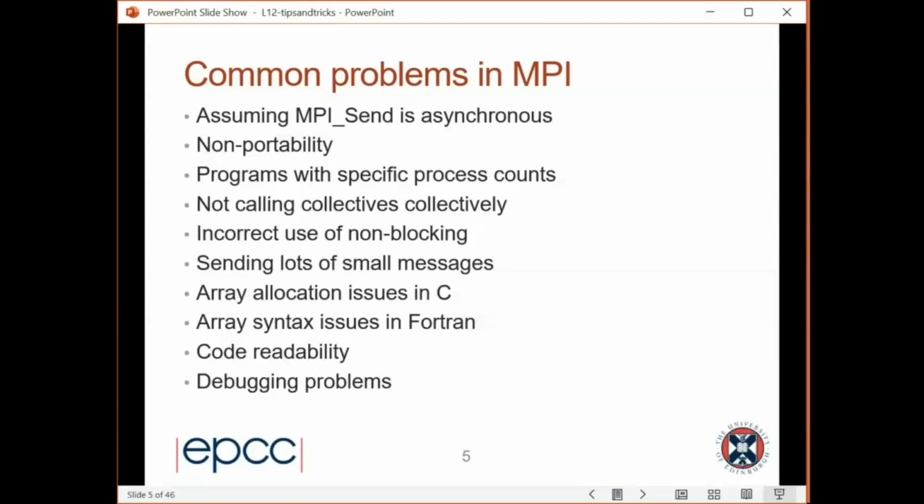C is pretty terrible for the way it has support for arrays. C++ is probably a bit better, but you get issues here, and I'll talk about that. Array syntax issues in Fortran I may not cover. This is one of the things I actually wanted to cover in